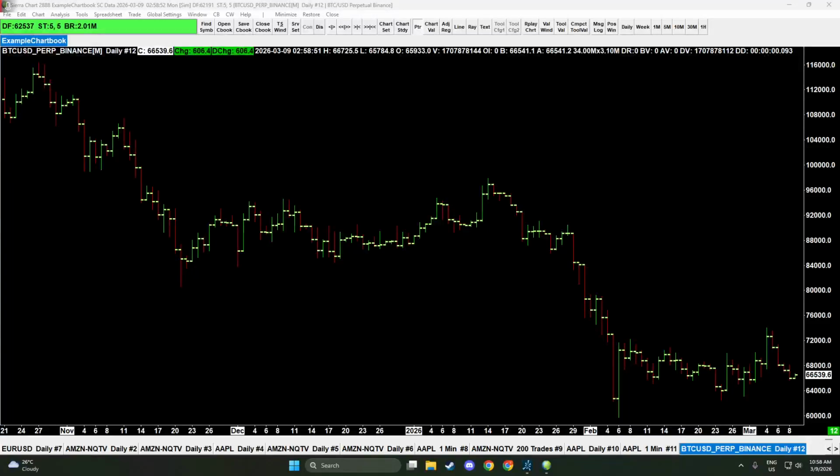In today's video, I'm going to teach you how to use Sierra Chart Spreadsheet Studies. We'll walk through setting up a spreadsheet study so you can calculate custom indicators or build simple trading logic right inside Sierra Chart. First, make sure you have Sierra Chart running with your data connected, and then open a chart